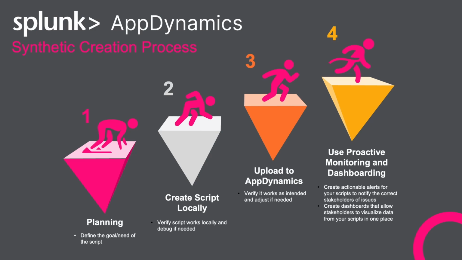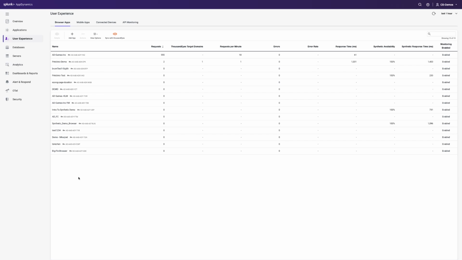Then we'll upload our script to AppDynamics and verify everything looks correct by looking at our sessions. Finally, using the script metrics and events, we can create custom alerting and dashboarding to be proactive about our synthetic monitoring. Now to go into a demo on our controller,